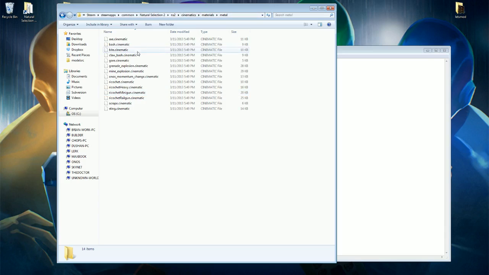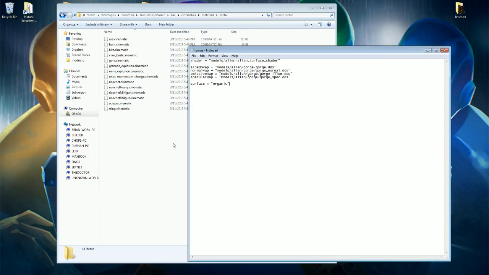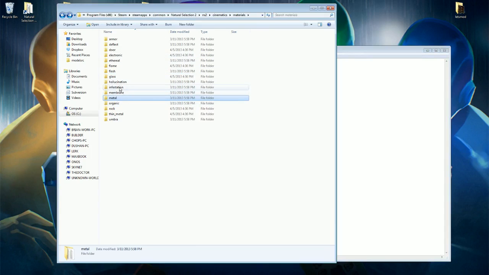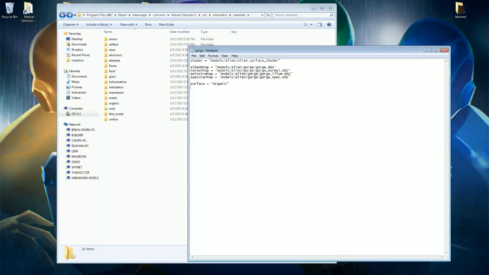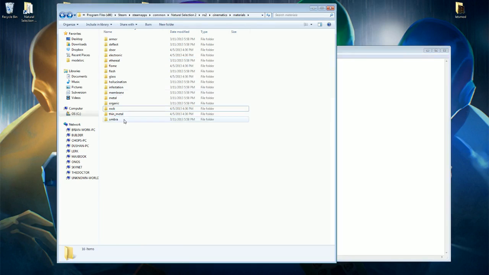If you look at metal, it has a different cinematic for axe hits and bashing and biting and claw hits and gores and explosions and ricochets and all that fun stuff. We have these other ones. There's a thin metal. There's rock, which is very common in a lot of our models, and flesh and glass